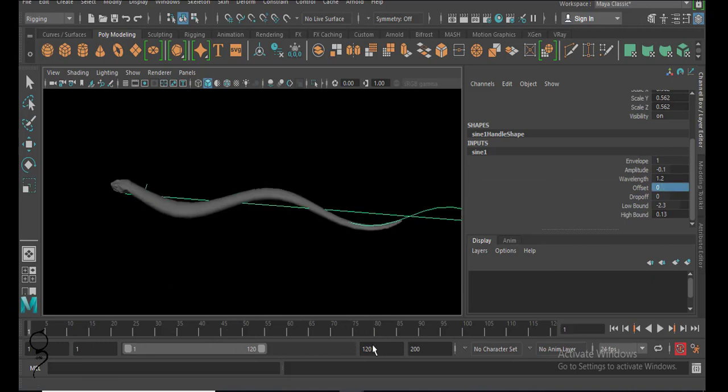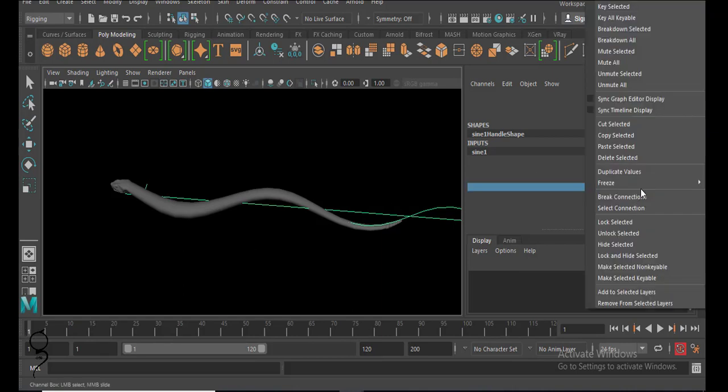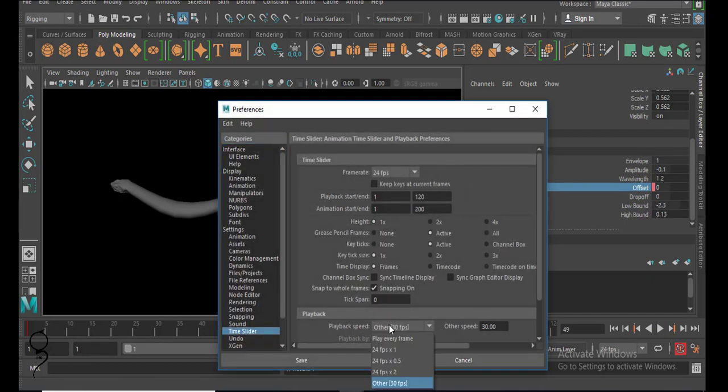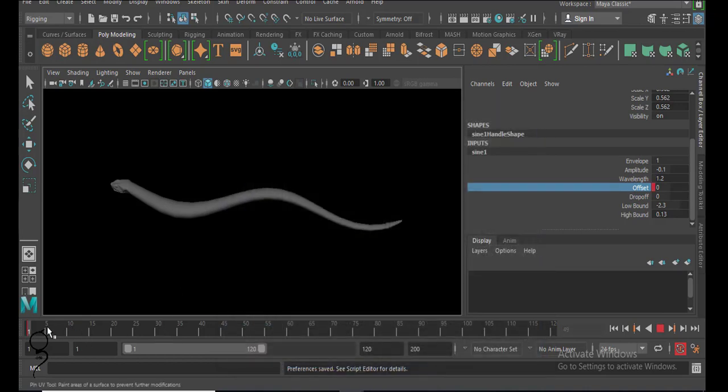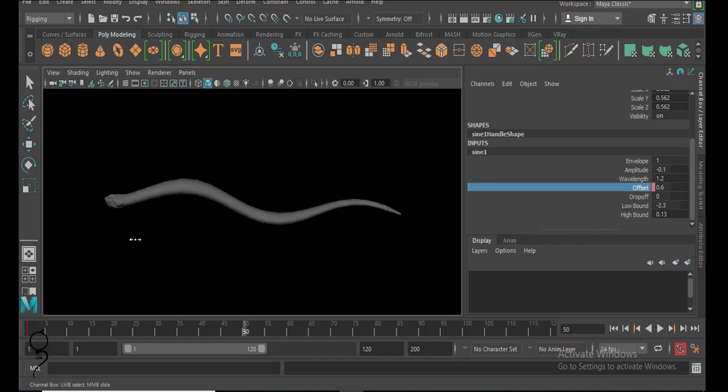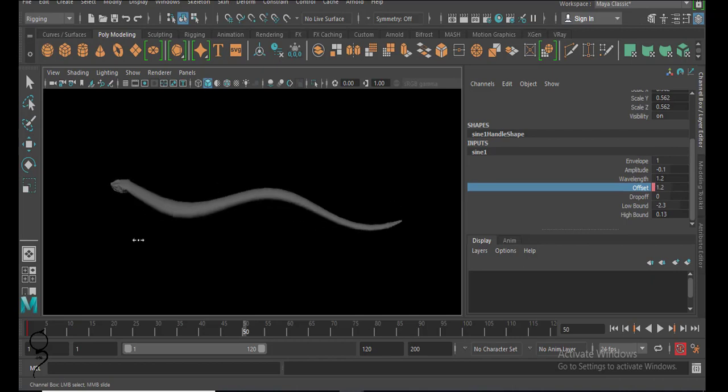Make this value 0 because I have to animate this using the time slider. On the first frame, I right click and key selected, so the first key is assigned. Go to the fifth frame, I'm going to make it 24 times 1, at 24 frames per second. On the fifth frame I have to make a slight movement, because we shouldn't make too much movement,